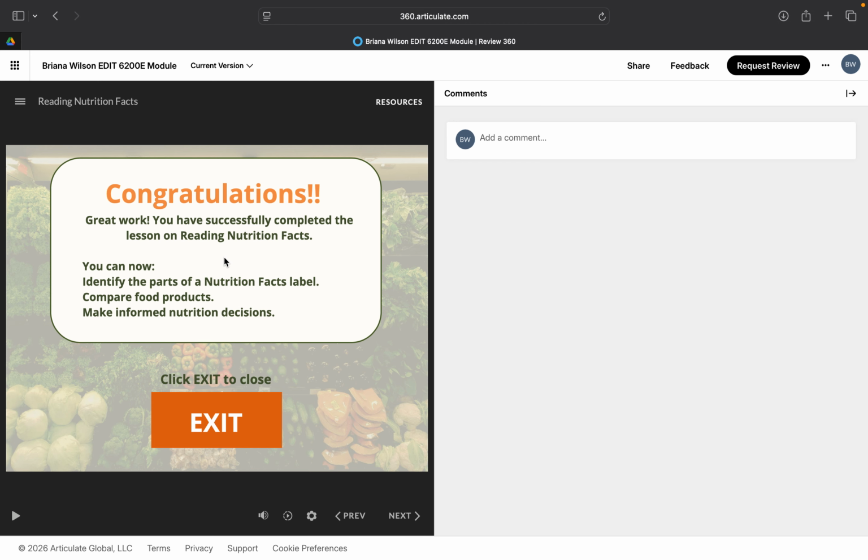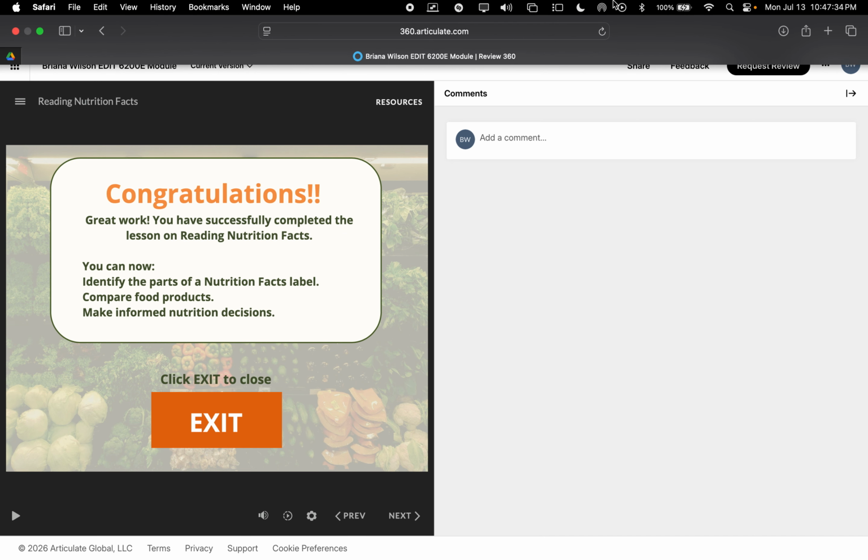And I would also love to know about the effectiveness of the activities included. Were you able to apply the knowledge onto the activity? Do you feel like you've learned from what was put in there? But most of all, making sure that it's easy to navigate, and all feedback that you all are able to give is greatly